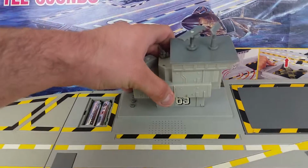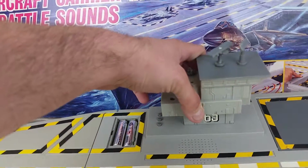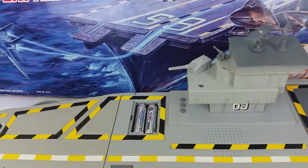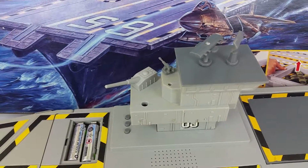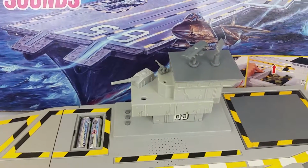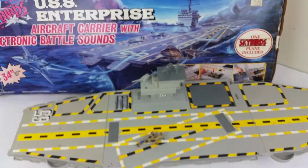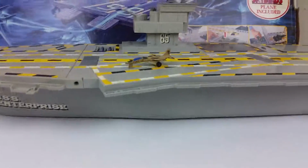This little piece does come off as well. Actually, I'm not entirely sure, but it may be missing some of the pieces from the top of that piece. But otherwise,